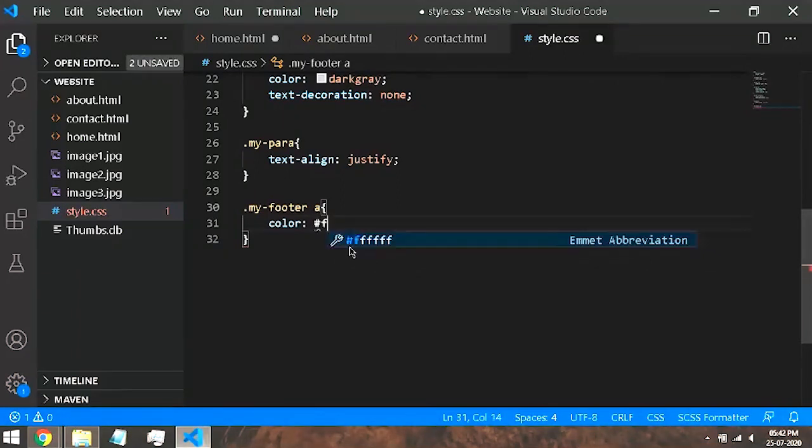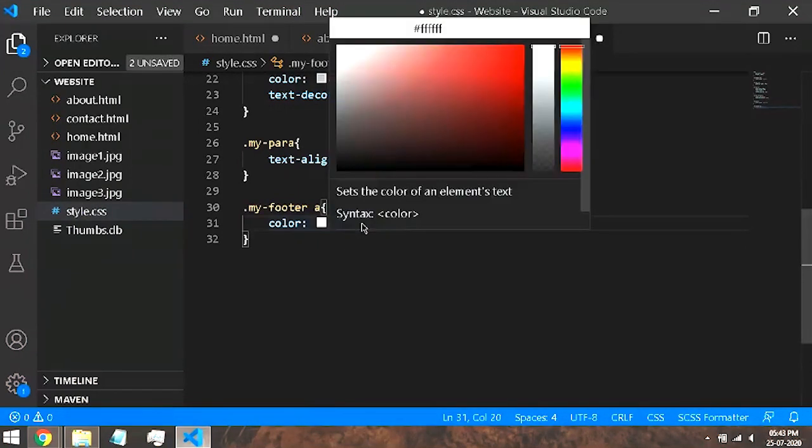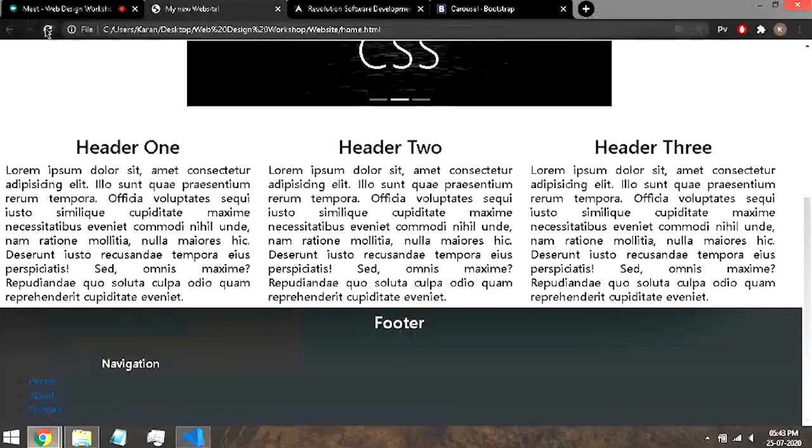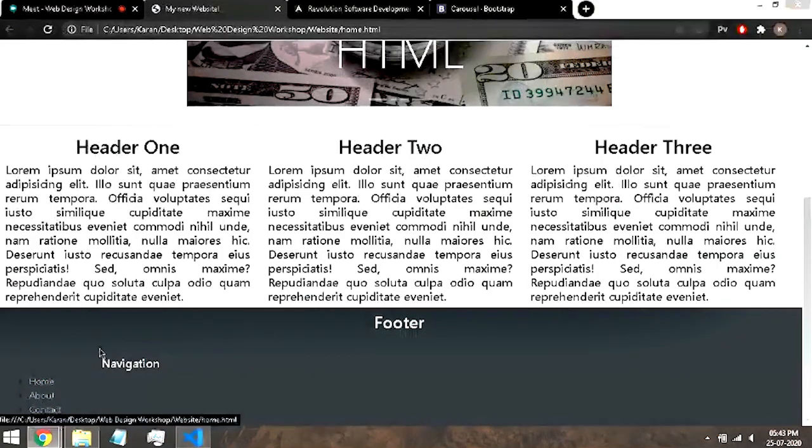So for that, FFFFFF, this is the hex code, the hexadecimal code of white. So if I hover over this, I get this. VS Code has conveniently provided me this color box basically. So I can select any color I want. Whatever you like, you can select it. I want it to be a bit towards the gray, but not too gray. So this is the hex code for that, C4C4C4. If I hit save both the files. Always remember to save all files. And now it is light gray in color.